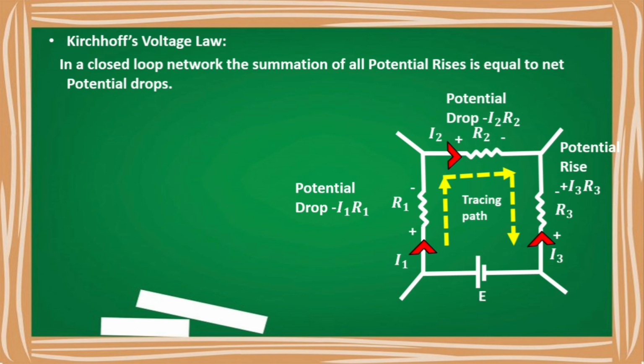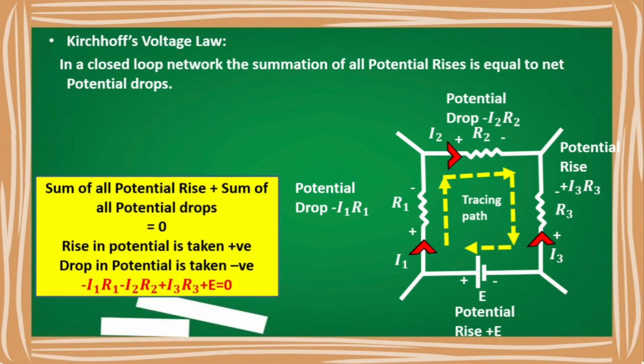And finally, you have an EMF source over here. Now let us see. It doesn't require the sign convention of a current. It is self-sufficient. Plus sign indicates current is starting from here. I just need to concentrate on the tracing path. If I see the tracing path, it is from the right hand side to the left hand side. That means I'm coming across the lower potential first and thereafter the higher potential. That means there is a rise. So potential rise. So I can write the expression as plus E.